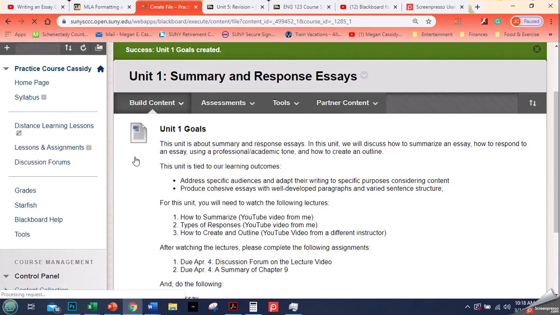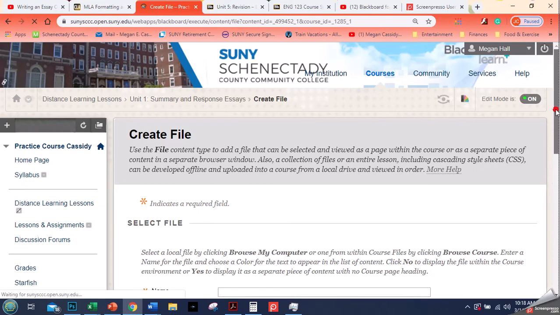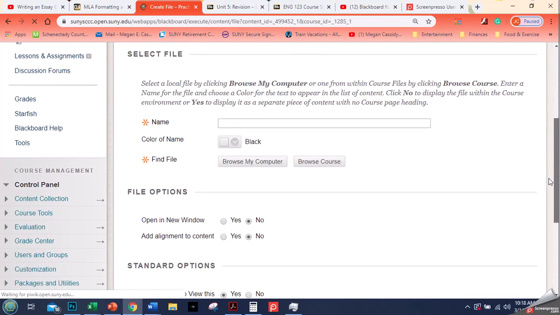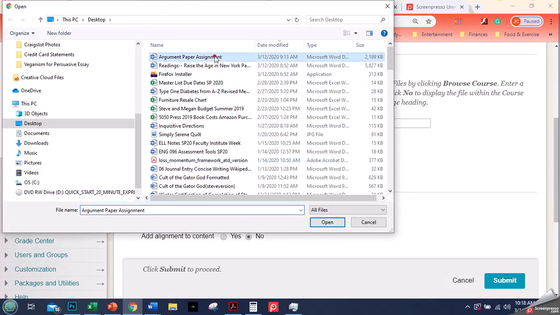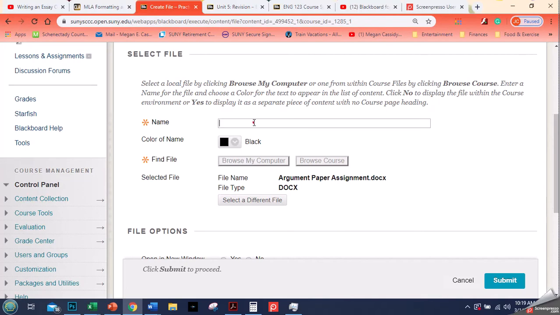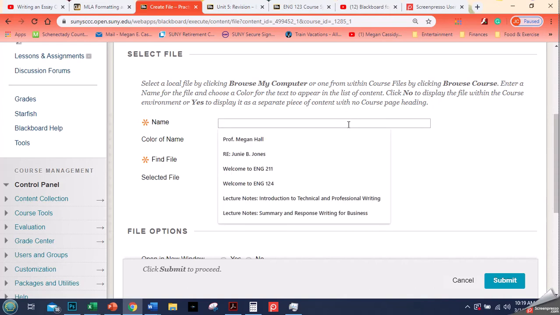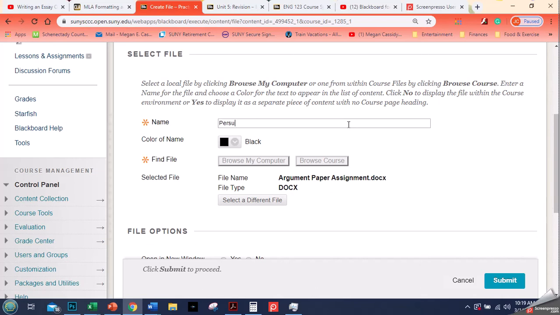Essentially, this is not unlike browsing your computer and uploading a file through email. You find whatever one you want. Here I'm just going to have this argument paper assignment. Click open. Now let's say that in my class I haven't been using the term argument paper. I've been using persuasive essay. I can rename this file so that students can understand. Now when they download it, it won't be named this necessarily, but persuasive essay